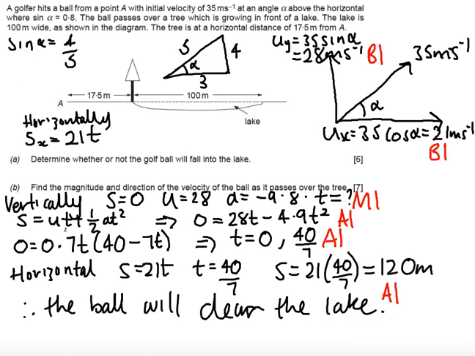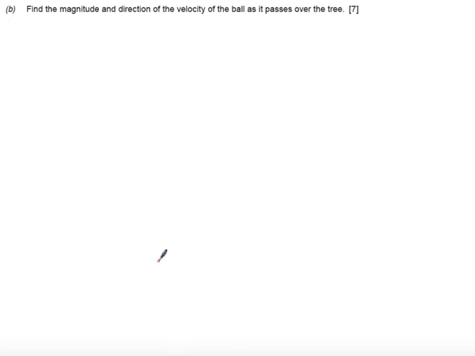Okay then, now let's have a look at part B. Part B says find the magnitude and direction of the velocity of the ball as it passes over the tree. Now, horizontally, if we think about this, the velocity equals 21 at all times. But what I want to know is what is the vertical